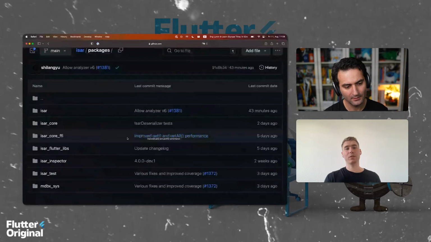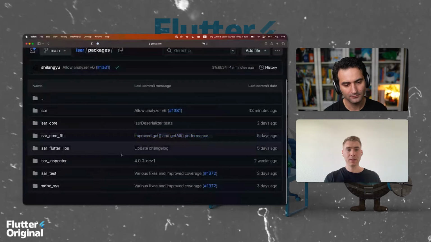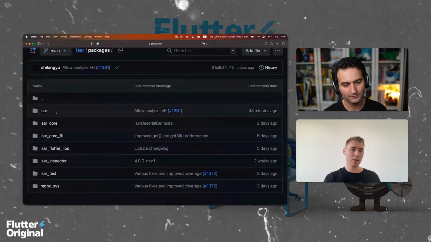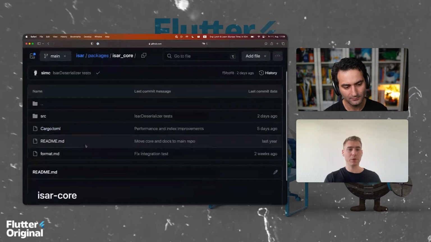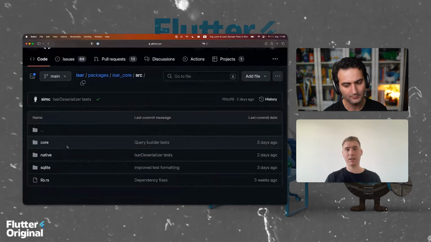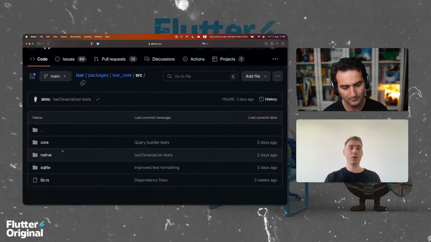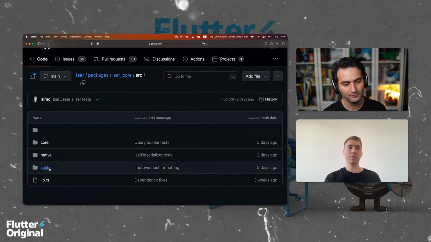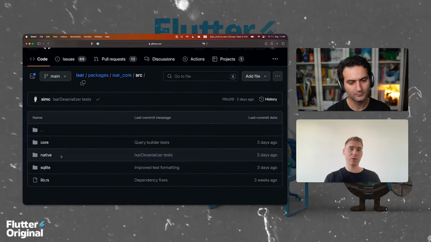Oh, first we have to mention one new feature of Isar version 4. In the past, Isar had a native custom storage solution, but with version 4, there's a new SQLite storage solution. So all the features you know from Isar before still work, but now you get to choose whether you want to use the Isar native engine or just a wrapper around SQLite. For example, if you want to use the same database from native context, from Android widgets, for example, and from Dart, then you just choose the SQLite engine and you get a regular SQLite file